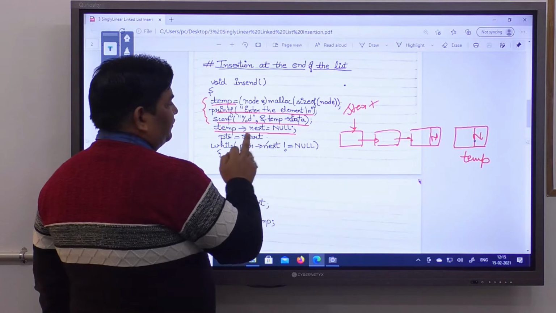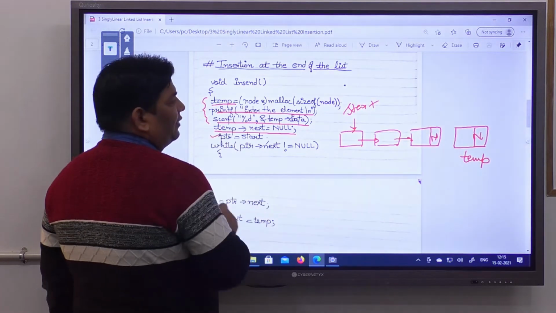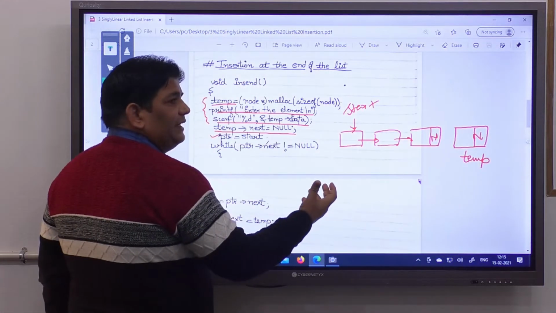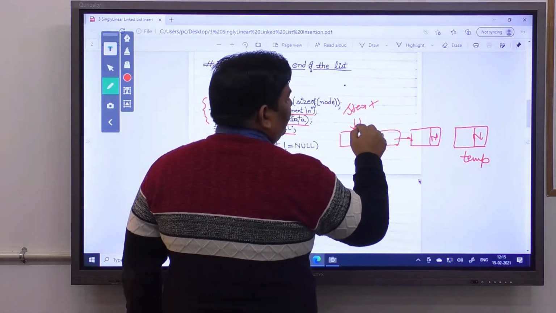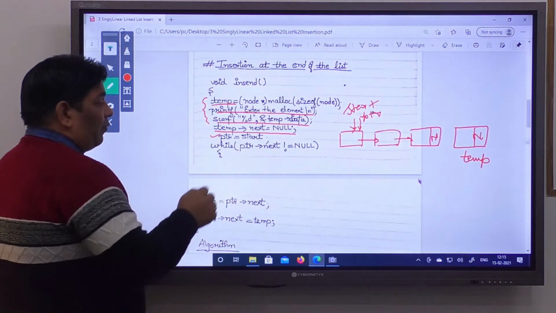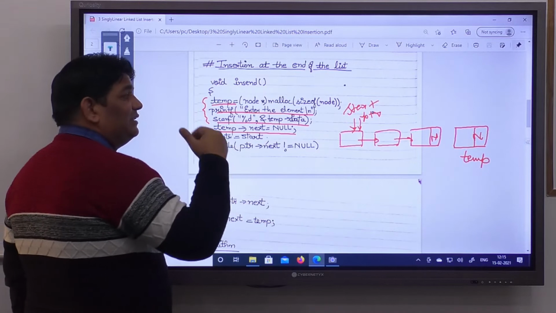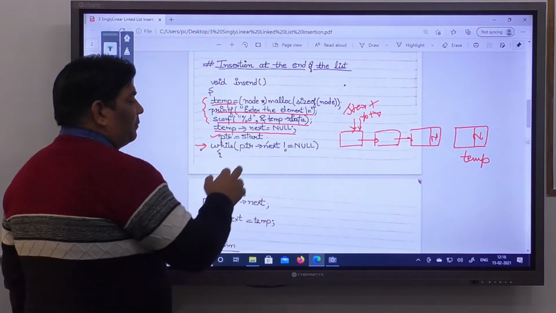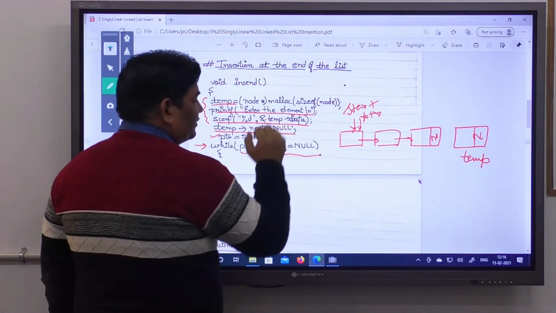Now the next step is ptr equals start, because we have to traverse to find out the last node in the already existing linked list. Now you have to traverse till the last node, so we can use a while loop. The while says ptr next is not equal to null.